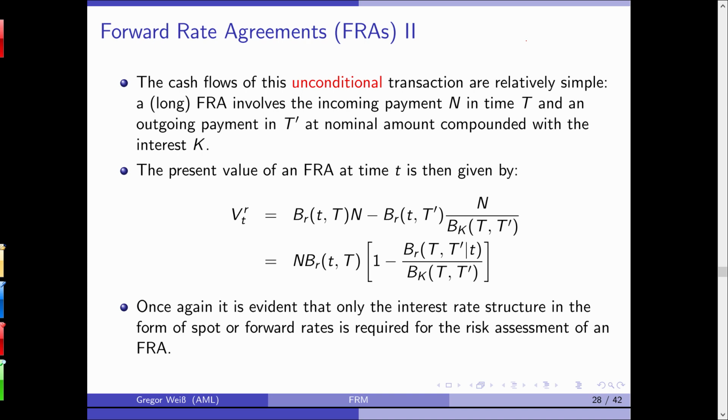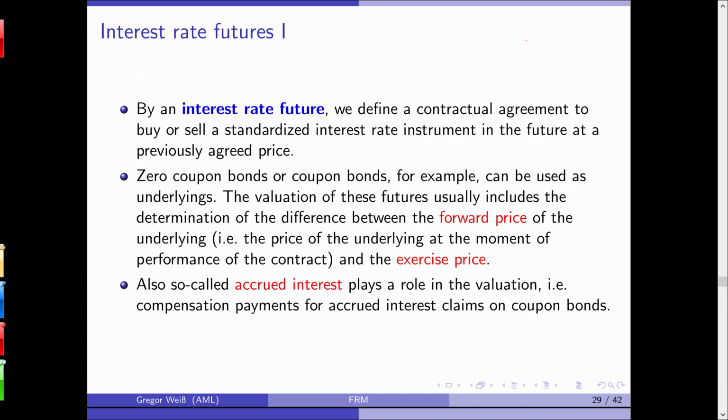So we need to model the interest rates. Next, an interest rate future. For this, we define a contractual agreement to buy or sell a standardized interest rate instrument in the future at a previously agreed price. So again, it's an unconditional contract. We agree to buy it, whatever happens. Unless we default, but we